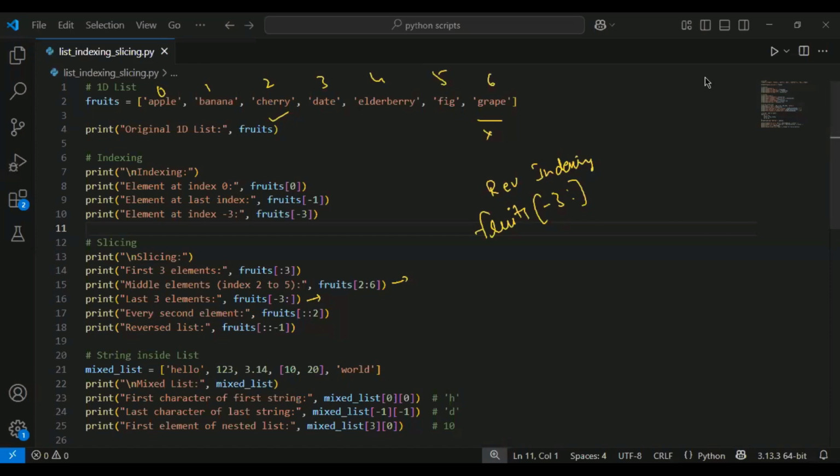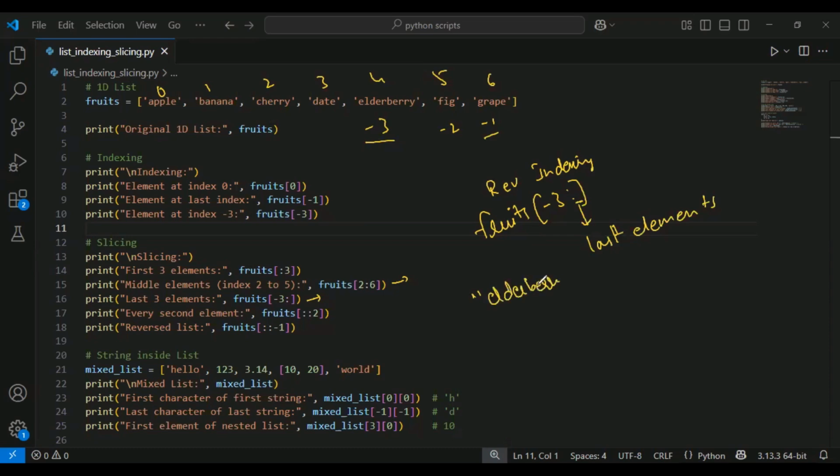Reverse indexing is going to be applied. So here -3 to last. If nothing is given in the stop position, it's going to take up to the last element. So -3 is in reverse indexing. What is the element? Here -1, -2, -3. So this is -3 from here to last. The output will be elderberry,